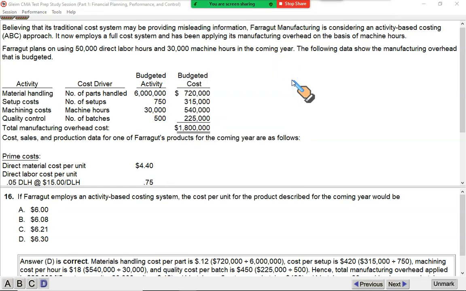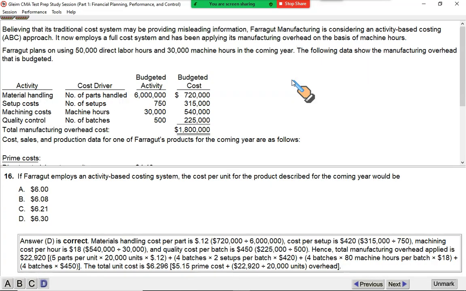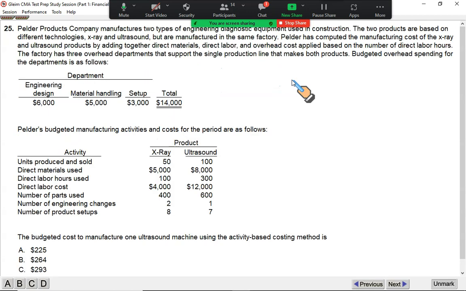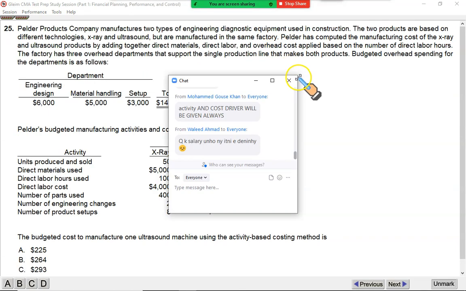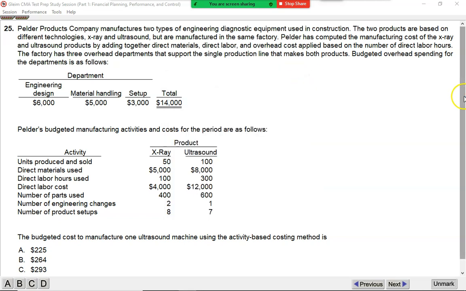It basically is an essay type question because there are 2 questions related to the same information, the previous one and current one. So that explains the idea. Let us apply another question here, the concept of activity-based costing. Yes, Gauss, you will be given the rates and the basics, because such a complex question is very hard to come by on your exam.